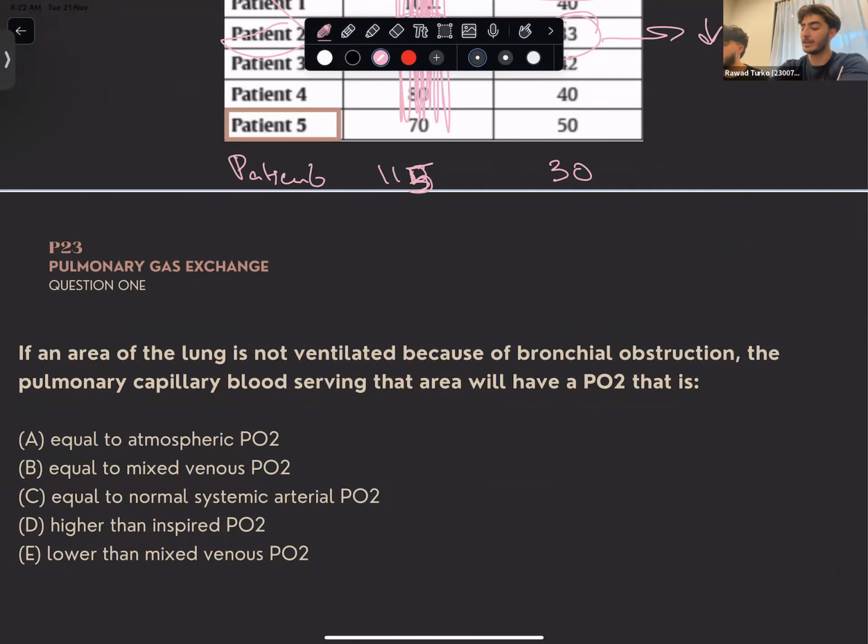Okay. If an area of the lung, this is, by the way, we're up to pulmonary gas exchange. I think we're more than halfway done, right? Yeah. Okay, perfect. We're doing well. If an area of the lung is not ventilated because of bronchial obstruction, okay, bronchial obstruction, just to make it clearer. Okay, right here, bronchial obstruction. This is your alveoli, by the way, just in case you guys didn't catch that. The pulmonary capillary blood serving that area will have a PO2 that is,